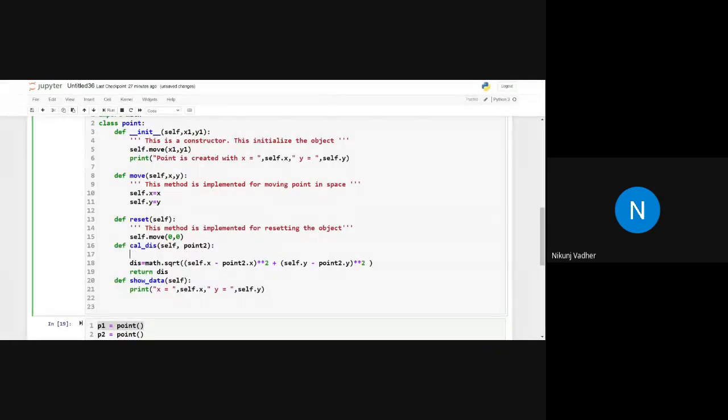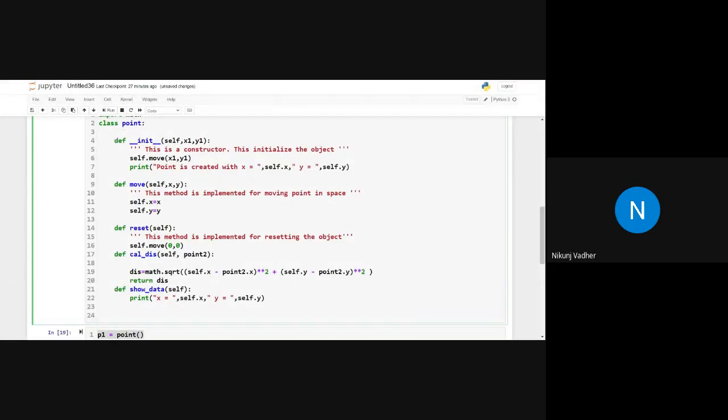Similarly, yes. Now, the main thing: how can we display it, how do we access it? Anyone from class? This also we have discussed.